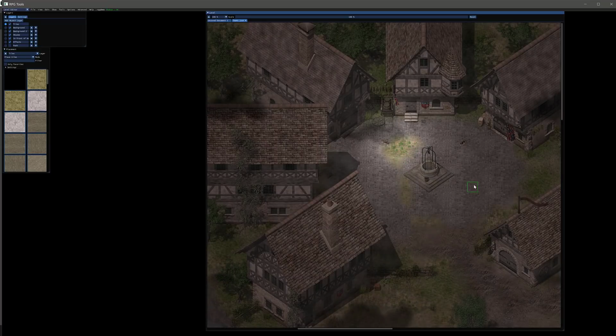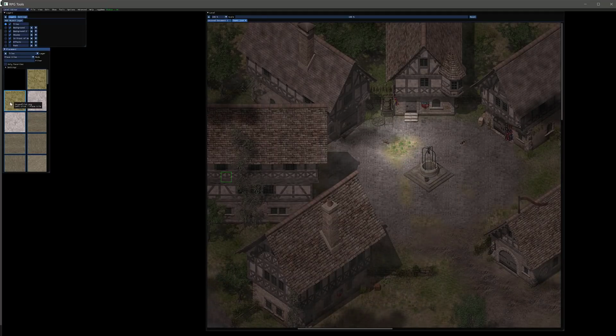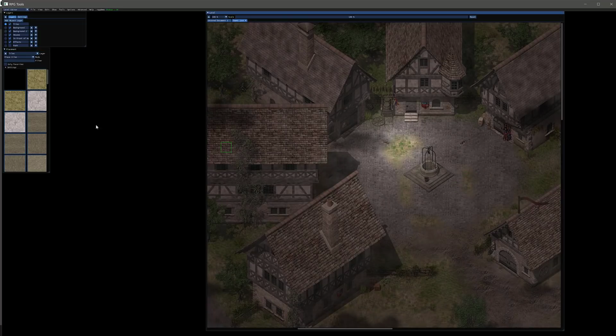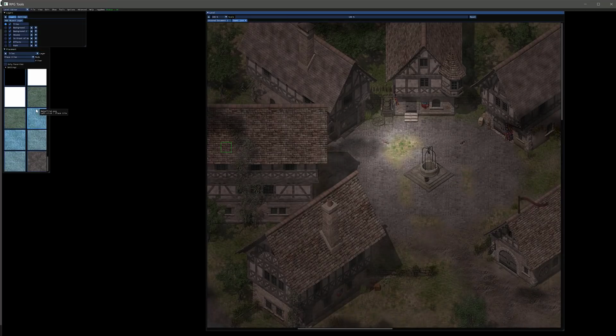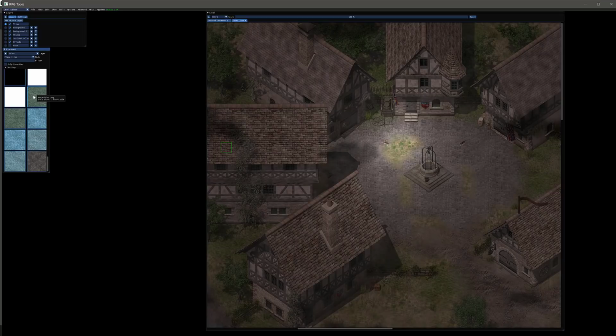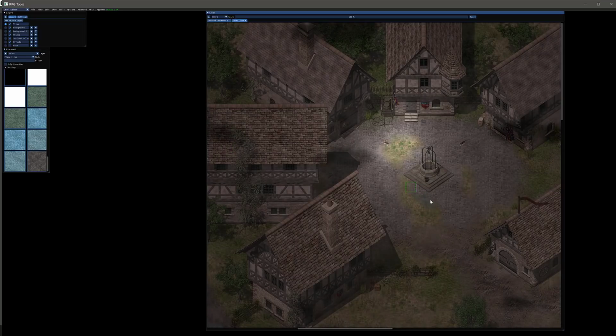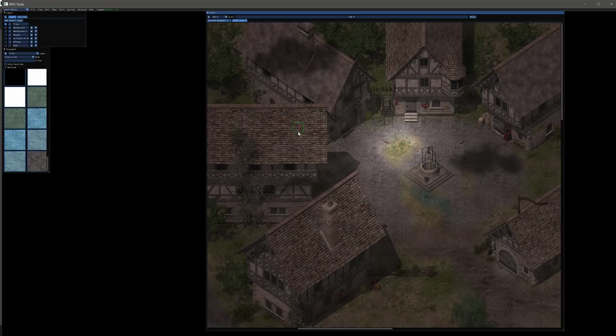I do like the fact that we get the blending, but you see how my selection isn't necessarily what I actually selected. So let's go here, pick this water tile. All right, and I start to paint with it. Okay, so this time it's working. There you see we're getting neat animated water. So it's an interesting tool for sure, but at the same time, it can be quite a frustrating tool to